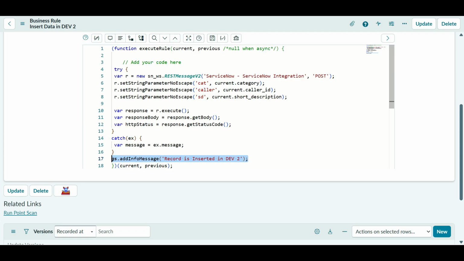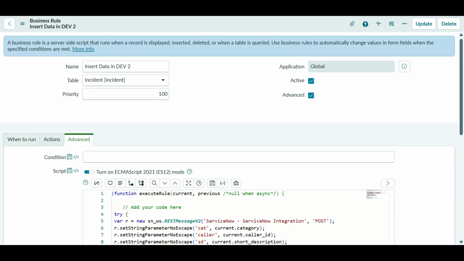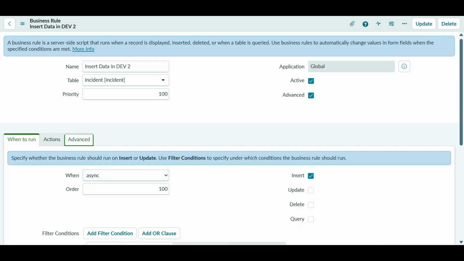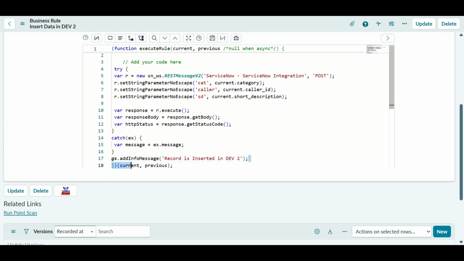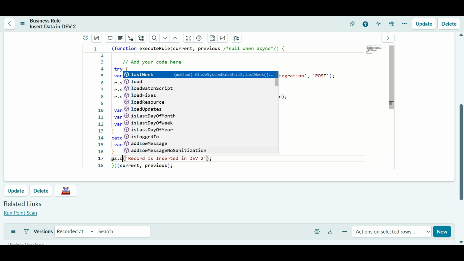This was again a mistake I have made, so remember that you don't have to write an add info message for an async BR. For this you can try to do the log instead. Yeah, we can do gs dot